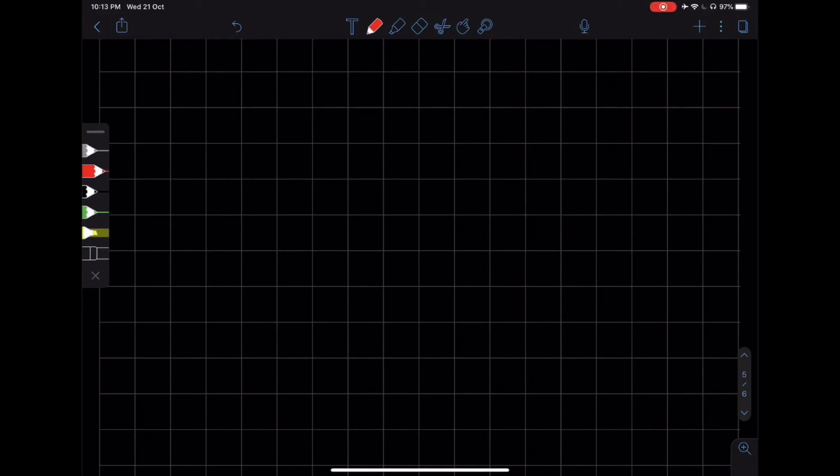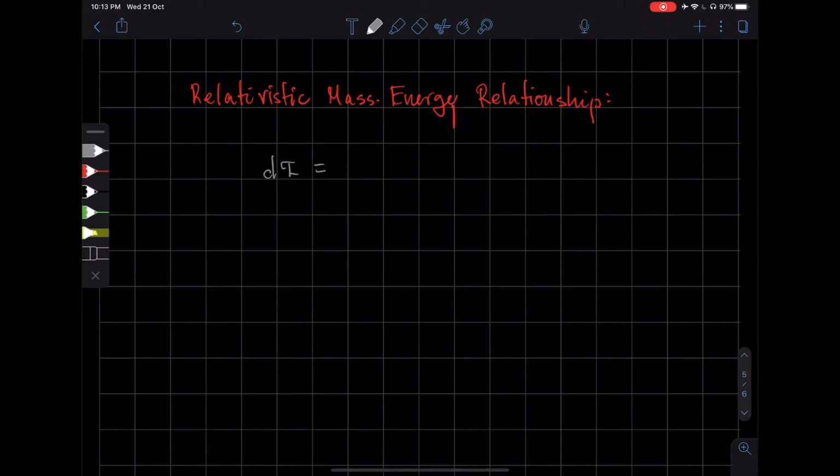So the relativistic mass-energy relationship will feature prominently in our attempt to generalize quantum mechanics to a relativistic setting. So let us take this opportunity to review the relativistic mass-energy relationship. So we start with the relationship between proper time and time in an inertial frame, and in that inertial frame,